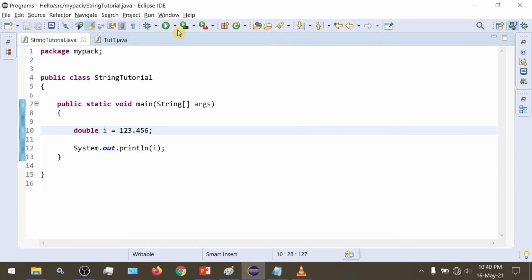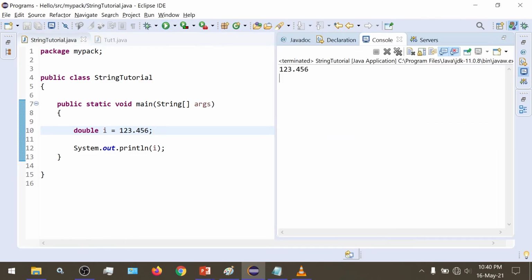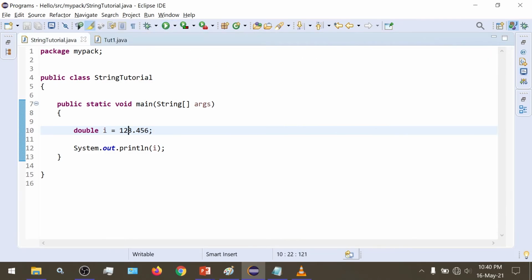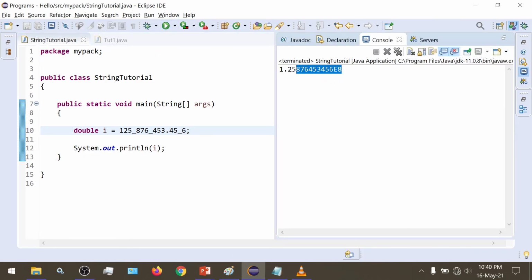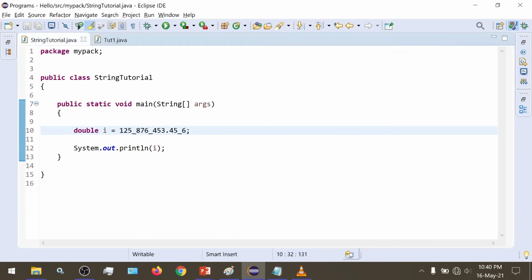When we run this, it is perfectly fine and it runs. Now if we want to add some separator for our better understanding, suppose this number is this big and we want to separate it. For better readability, we can give underscores like this anywhere in between, and when we run this, it just considers this as a normal double value and runs the program.